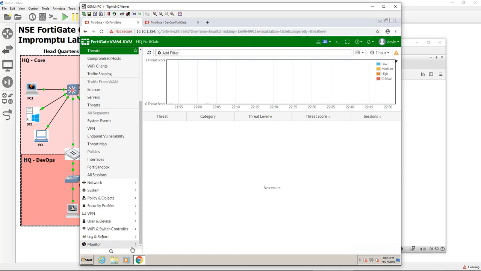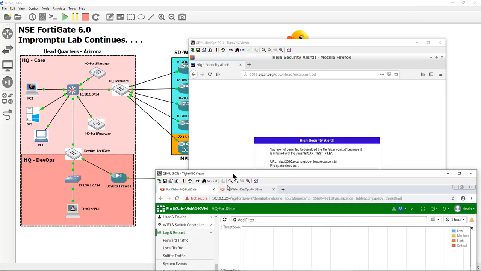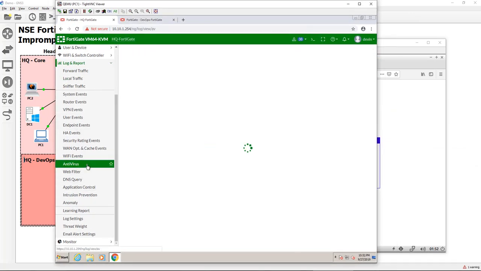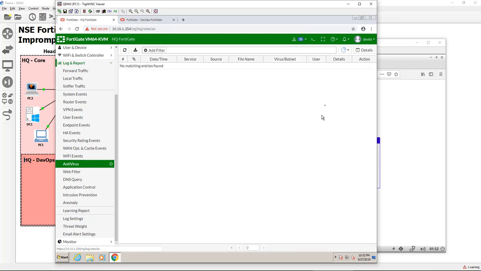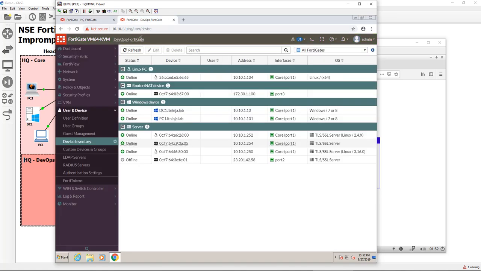So just to make sure, though, let's go to log and reports. And honestly, in my lab environment, guys, I'm running all of this off of an old laptop. It's not the fastest thing in the world. So antivirus, nothing detected. So see how it's saying FortiAnalyzer. Huh, interesting. But I promise you guys, if we do go into the FortiAnalyzer, so let's do that,